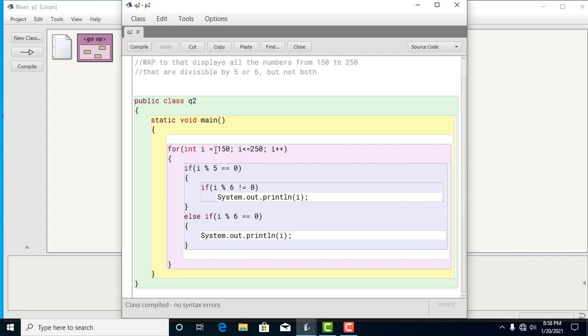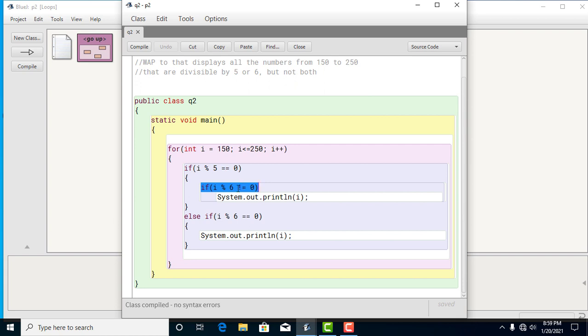So I've started the loop from 150 and it is going up till 250. Inside the loop I'm checking first of all whether the current value of I is divisible by 5. If it is divisible, then control comes inside and it will check whether it is divisible by 6 or not.